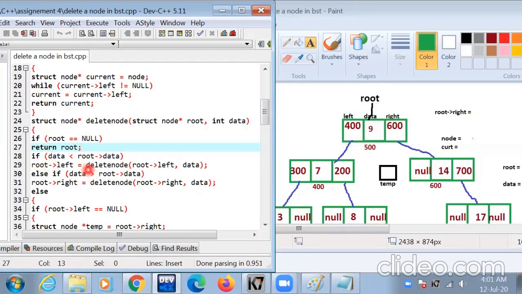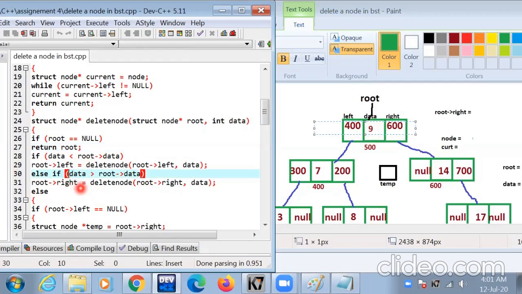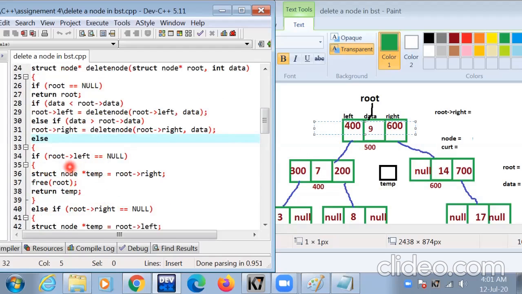Then if data less than root data, data value is 9 and root data value is 9, condition is false, so the else part executes. Data greater than root data, condition is false. Then root left equal to null, root left value is 400.